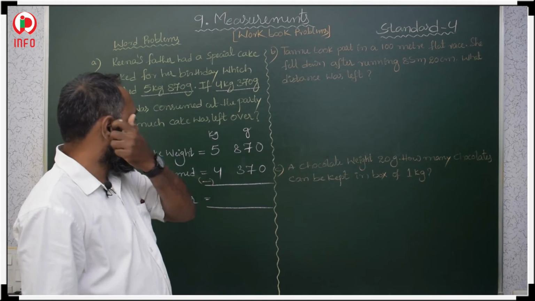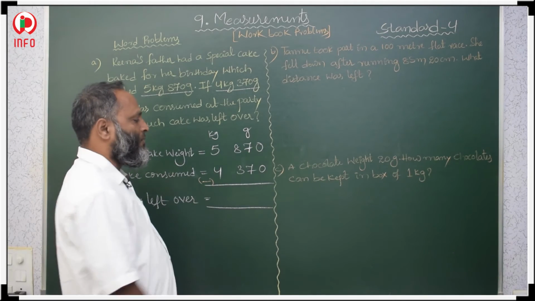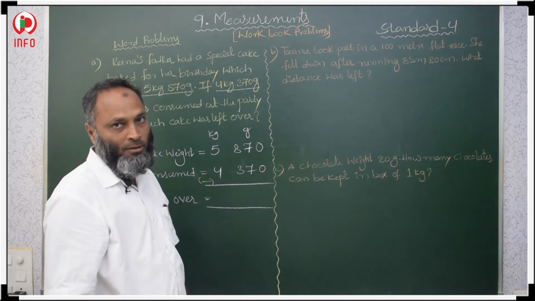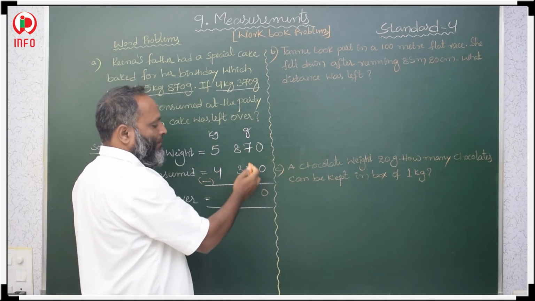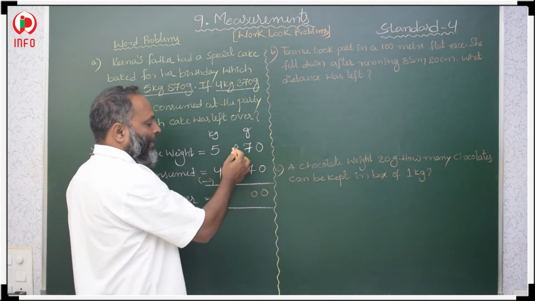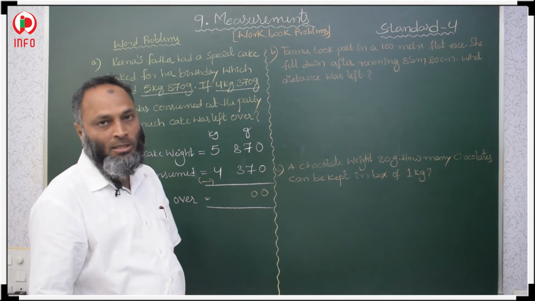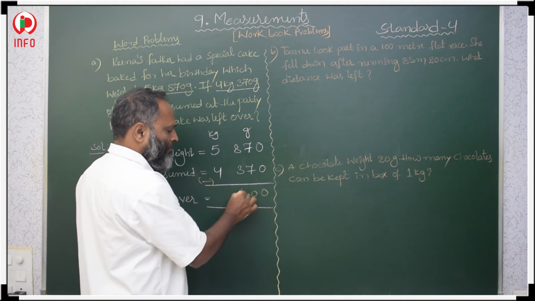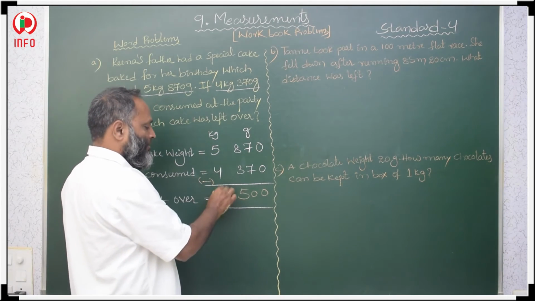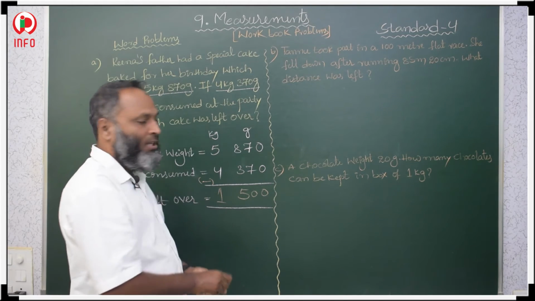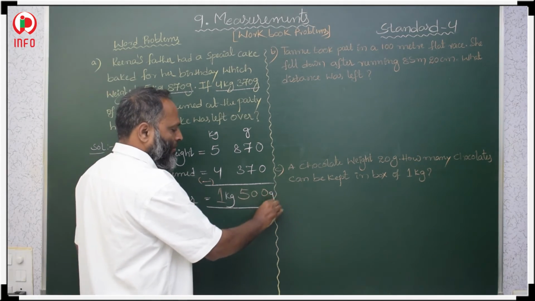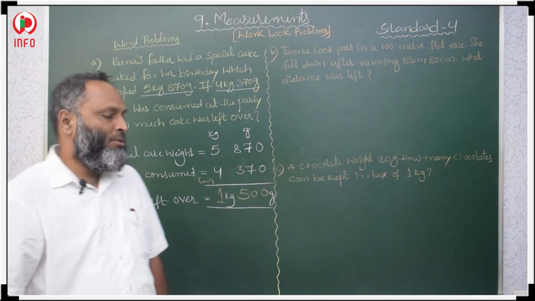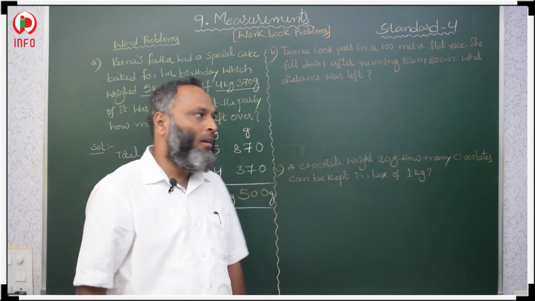Then how to subtract? The extreme right digit we subtract first, in grams, that is the units place of a gram. 0 minus 0 is 0, 7 minus 7 is 0, 8 minus 3 is 5. Then 5 minus 4 is 1. Then 1 kg 500 grams of cake is left over. Okay. Now